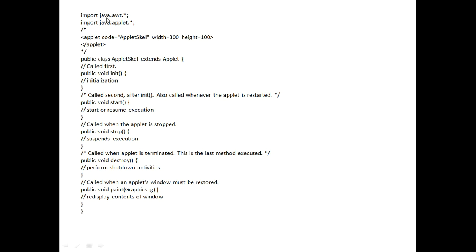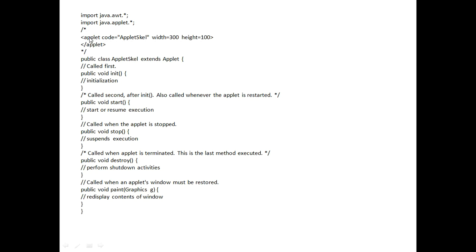So there are two packages you need to include for every applet program. One is java.awt.* and another is java.applet.*. Star, that is asterisk, indicates all the classes and interfaces of those packages. Next, whatever is written in a comment part is the HTML code, that is applet code, applet skeleton, width, height and the end of the applet tag.